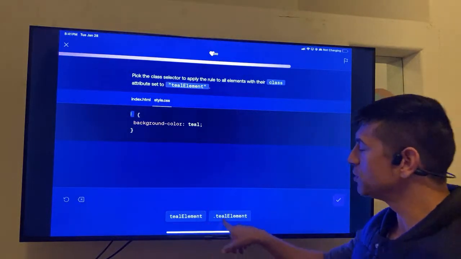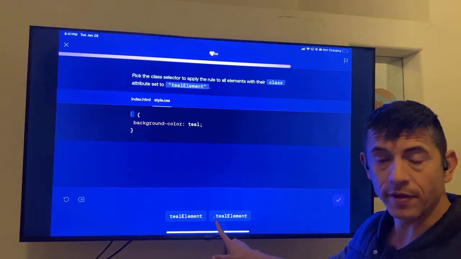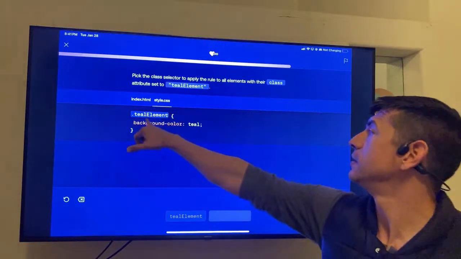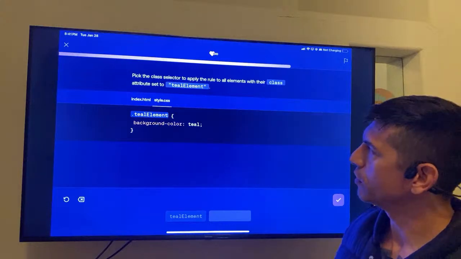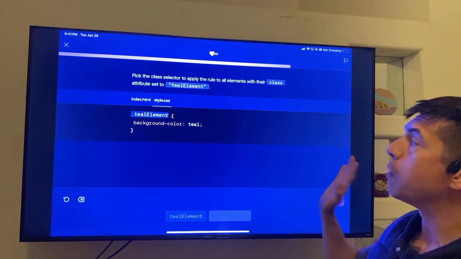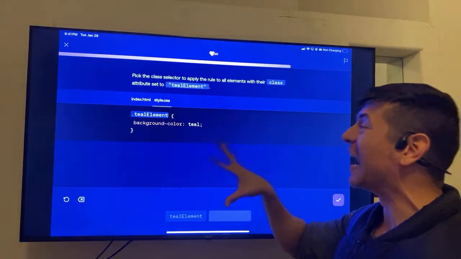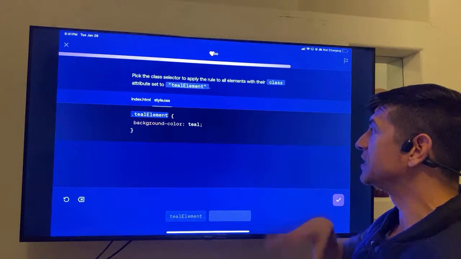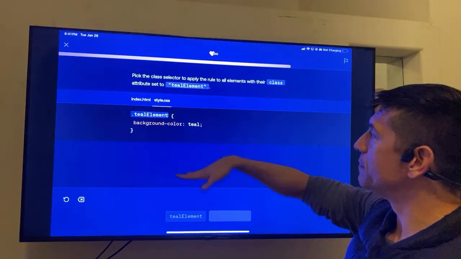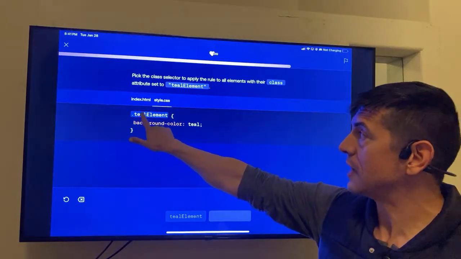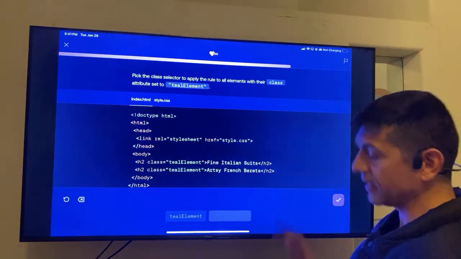So even though these are the same, notice that one has a period. The class selector always starts with a period. So we're doing dot teal element and enter. Okay, no, actually, let's not finish it. Let's go over the code so we can see how the website is going to look before we actually finish executing the HTML. The elements that have the teal class selector are going to have the background teal. So when we go to the index.html file,